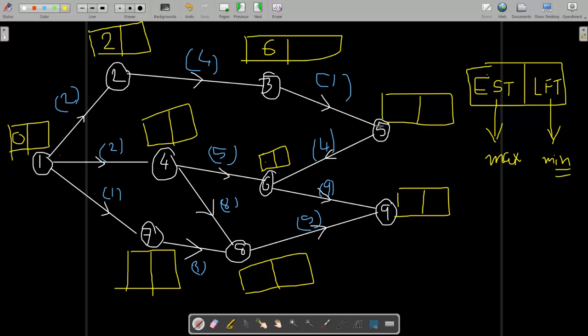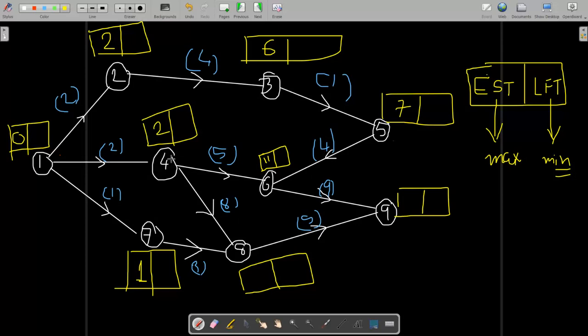To reach point 5, we have to follow 1 to 2, 2 to 3 and 3 to 5, so the time is 7 days. Now for 5 to 6 there are many other ways, and for 1 to 4 there is only one way, so here 2 days. For 1 to 7 only one way, so it is 1 day. Now here 5 plus 2, that is 7 days, and here 7 plus 4, 11 days. So which one is greater? 11 days. So here write down the 11.